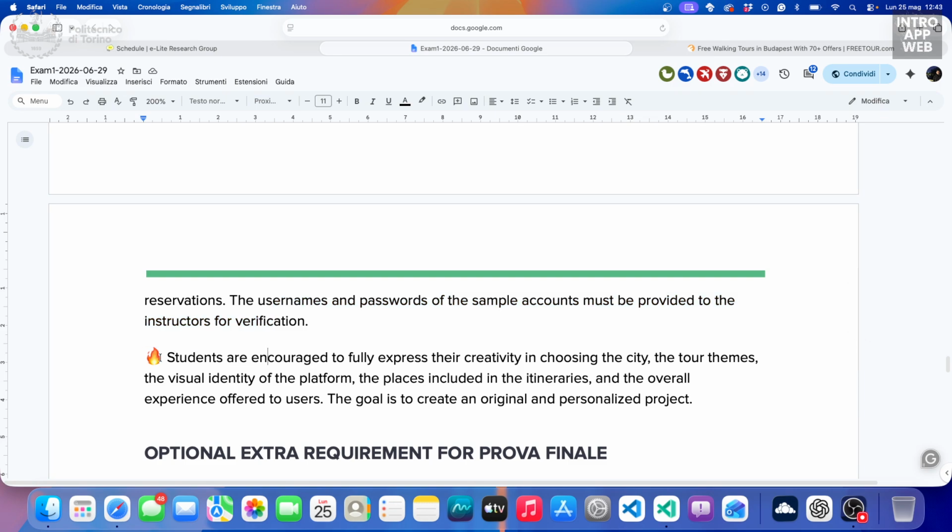Okay, and this is maybe, for me, one of the most important things. Let's try not to think of this exam as the typical exam here at the Politecnico, where I give you 100 requirements and you have to fulfill each of them exactly as I'm expecting. More than that, I would encourage you to express your creativity and to try to do something nice, something that is aligned with your interests,